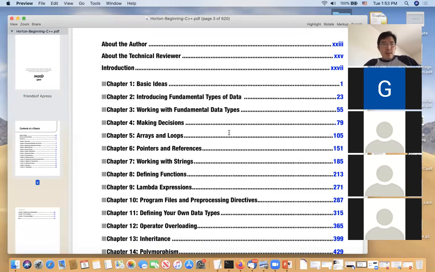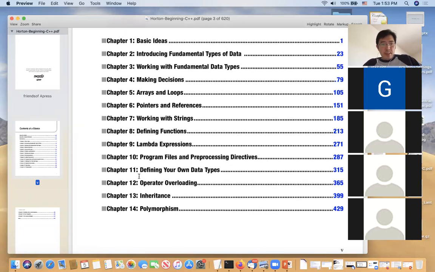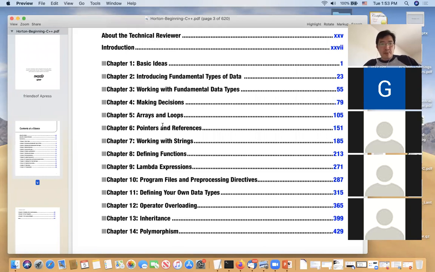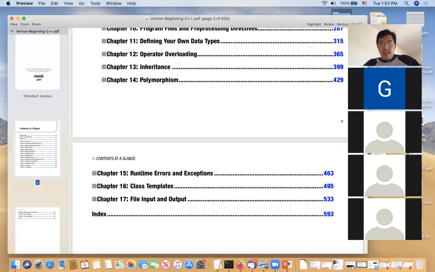We have been looking into chapters 11, 12, 13, 14, and I also talked a little bit about chapter 6. So we will be moving into chapter 15 as well as chapter 16, which talks about